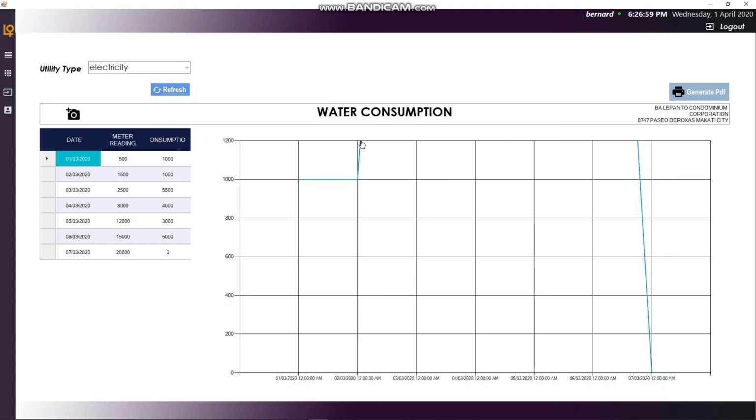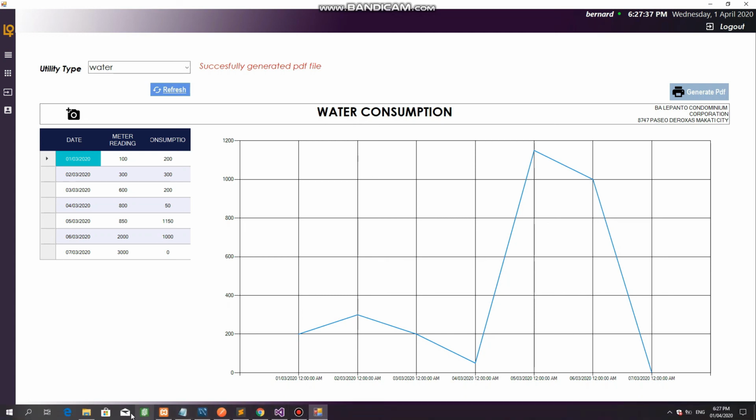It actually rises up to here, then it goes up here, falls down here. So on the water, this is our graph. So we are going to generate a PDF file for this, and then by clicking on this button, generate PDF. So click. It prompts us a message wherein we successfully generated a PDF file report for our water consumption. So to view them,